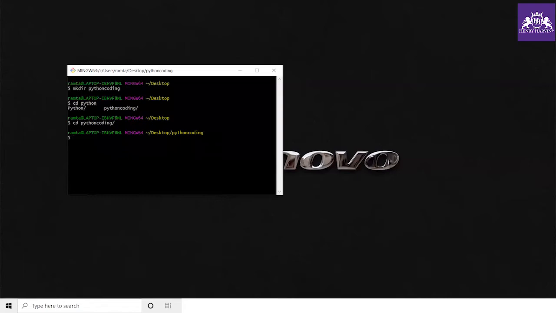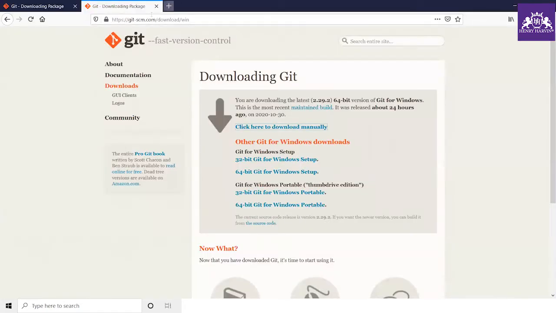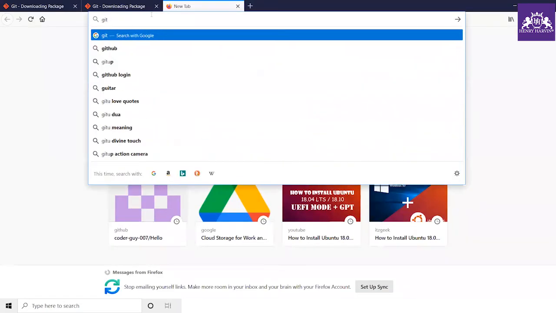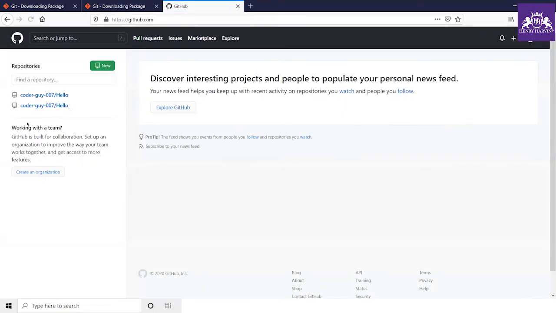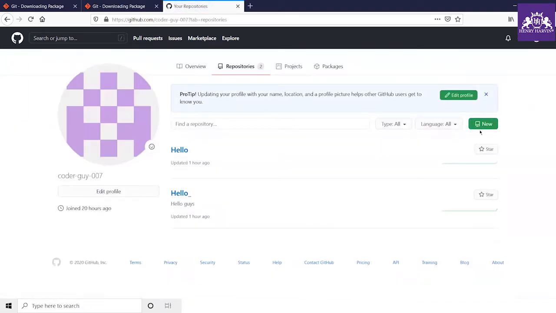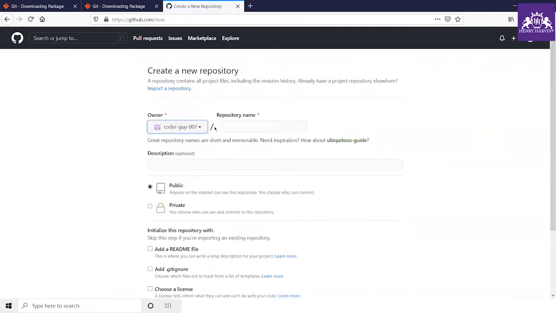Like, first of all, go on GitHub, and there, as you can see, I will make a repository in this GitHub account: new, and Python codes, Python coding.